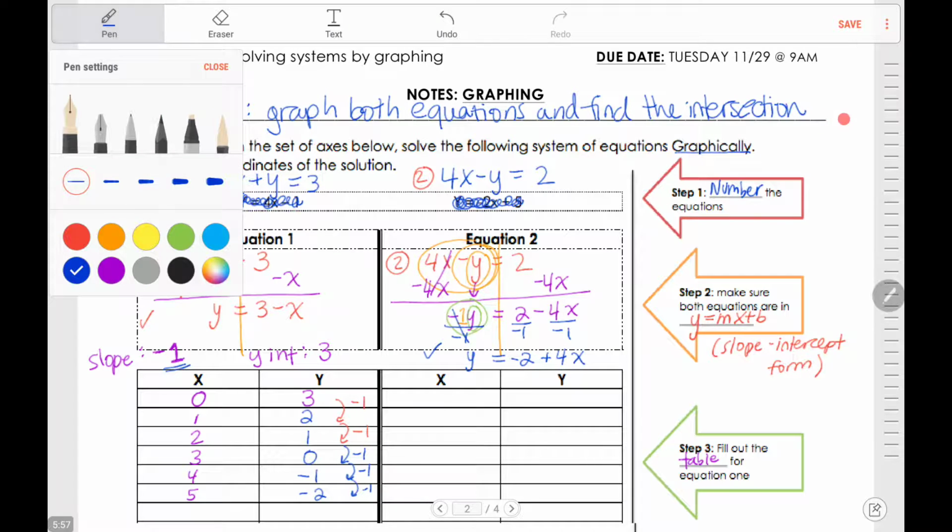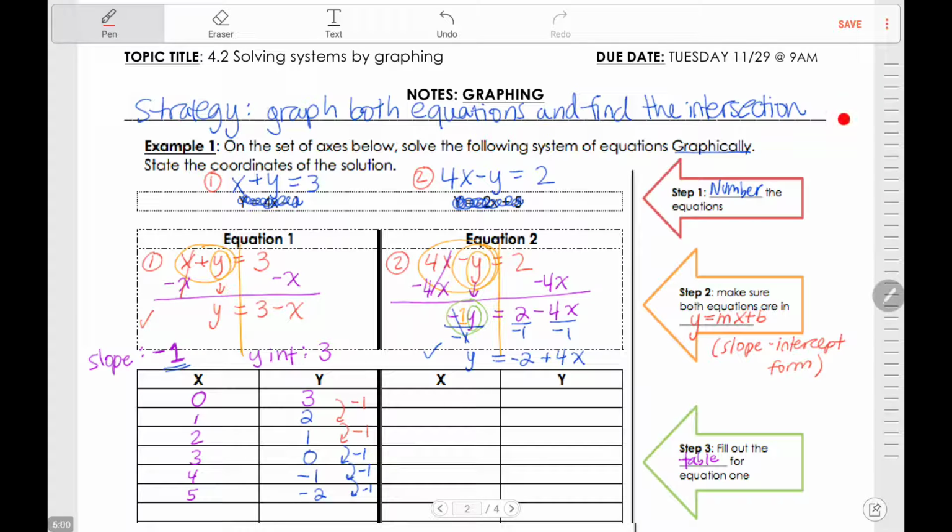Equation 2, let's do the same thing. I'm sorry there's not enough space, but we'll write it here. So my slope here is the coefficient next to the x, which in this case is 4. And my y-intercept is the number by itself, -2. So in my table, I always start with my y-intercept. So if my y-intercept is -2, my y value is -2, and x has to be 0, wherever there's a y-intercept. And then I'm going to make the x's go up a regular amount, 0, 1, 2, 3, 4, 5,